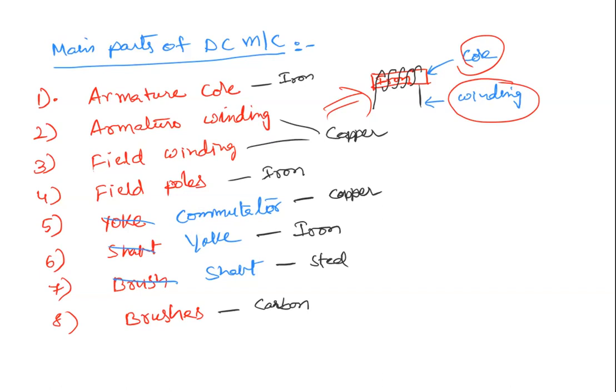So these are the important main parts of a DC machine. Of course, you can have bolts and nuts, screws, some insulation material around the winding, some rubber supporting things, legs. Those things you can have, but they cannot come into the main parts. Accessories you will have.